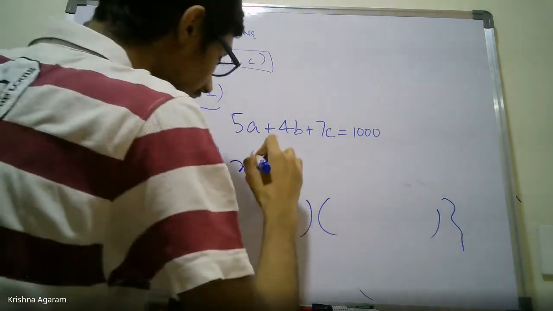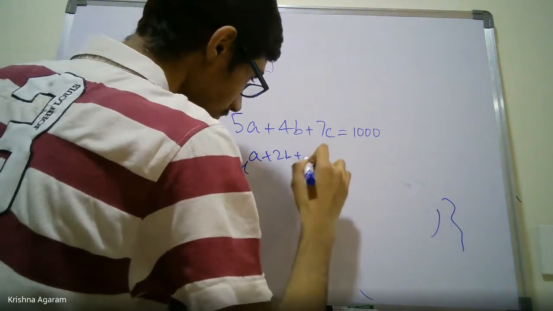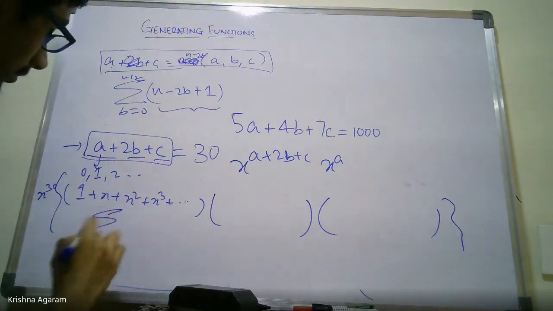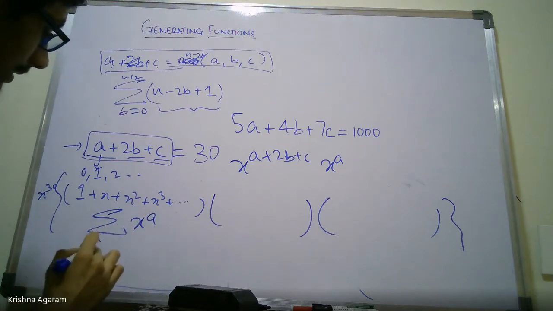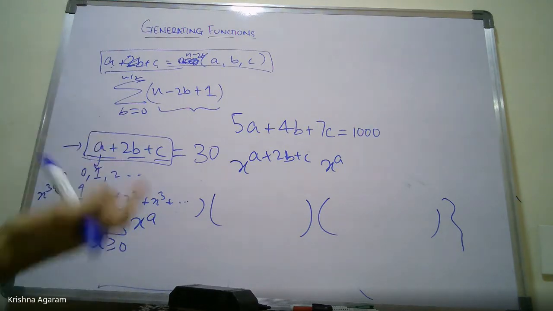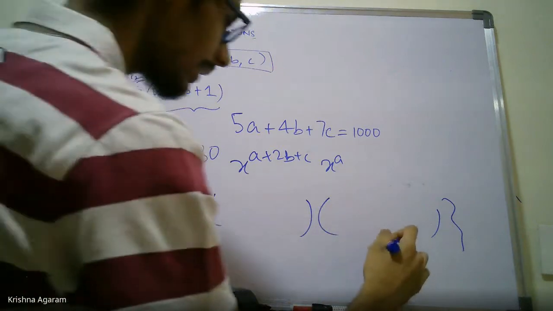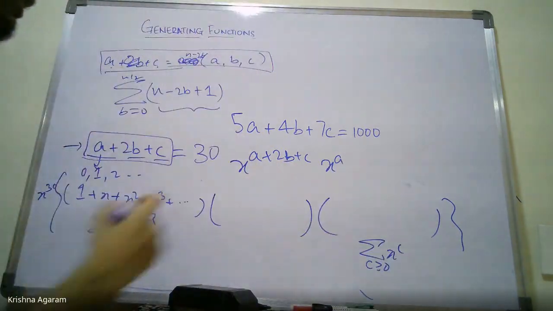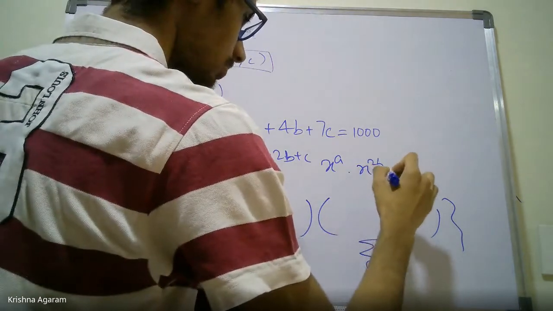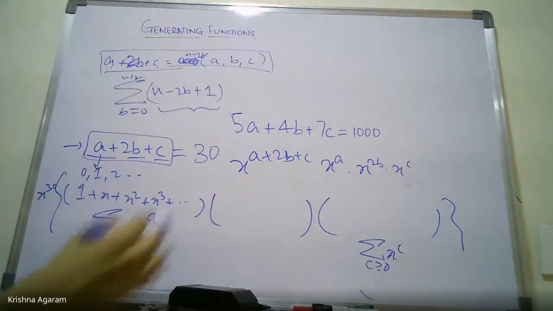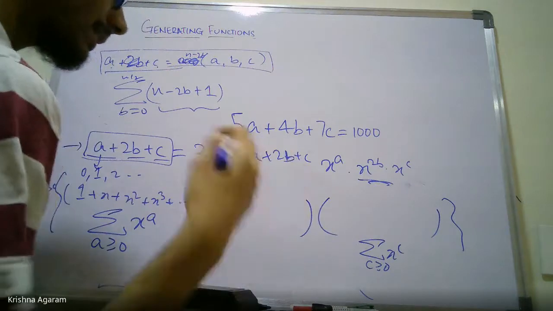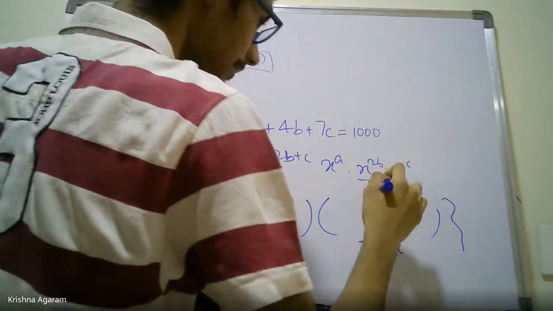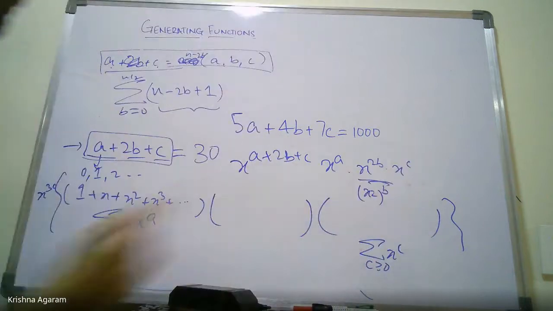So you want this, okay? So this is x power a. You can write this way. It's just making it clear what you're doing. Similarly here, okay? So x power a, x power 2b, x power c. How do you manage this? So here's the trick. x is just something. You can call x squared also as something else. It's just that power p now.